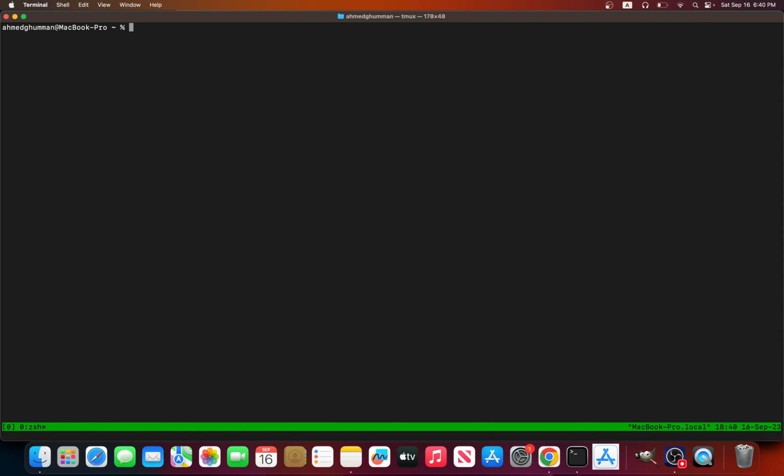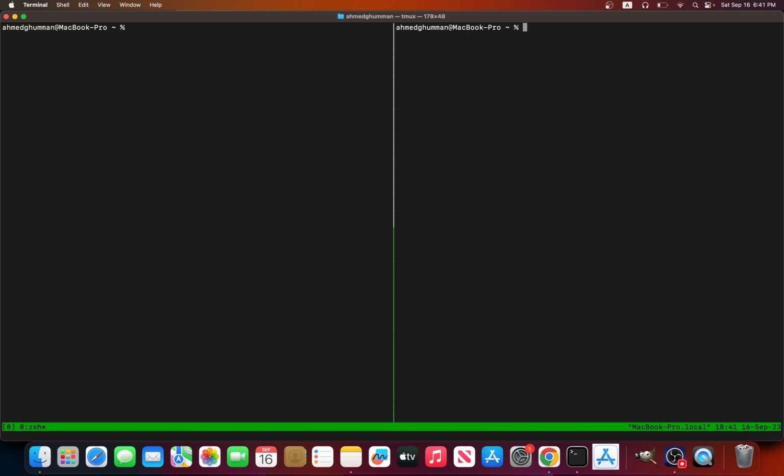Okay, so when we do that, it's going to open up the Tmux terminal, and we are on the first window. We can split the window into separate panes. So we would press Control B. Actually, all the Tmux commands start with Control B. You can change it in the settings, but the default is Control B, and you would press the percent sign after that, which would be Shift 5, in order to split the window into two panes sideways